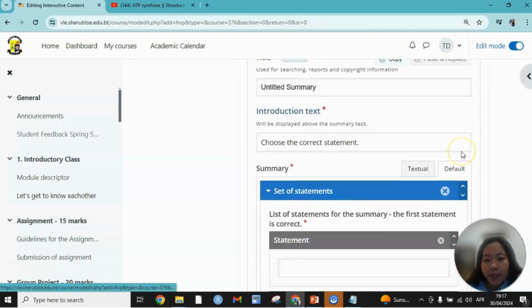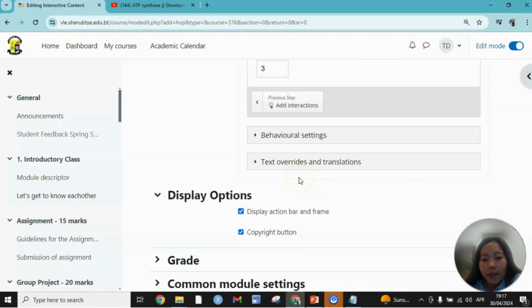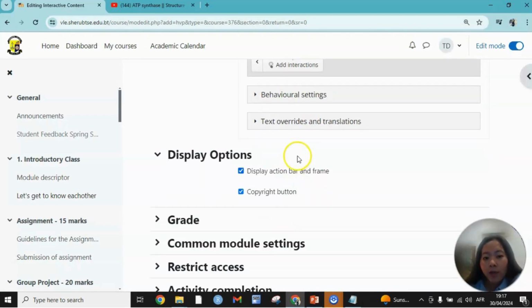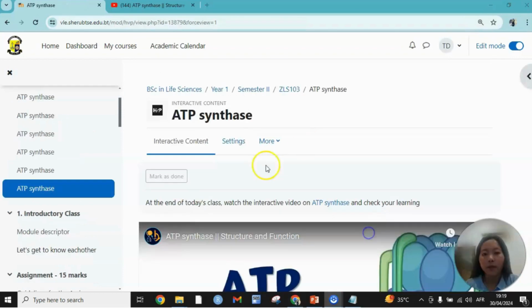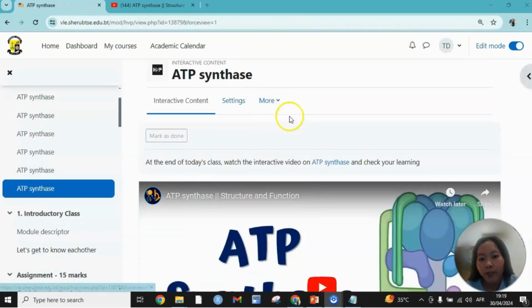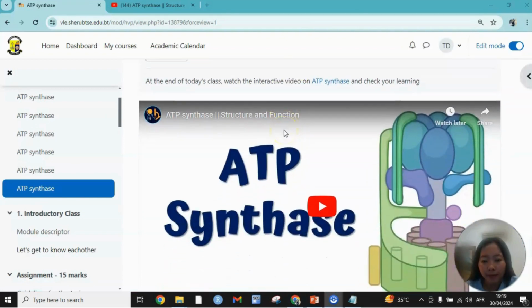For the summary text, we can also enable the summary so that the students can see the grade at the end. And we can say save and display. So here you can see the interactive video that we have created right now that is embedded in the VLE platform. So we have come to the end of the tutorial video on how to make an interactive video using